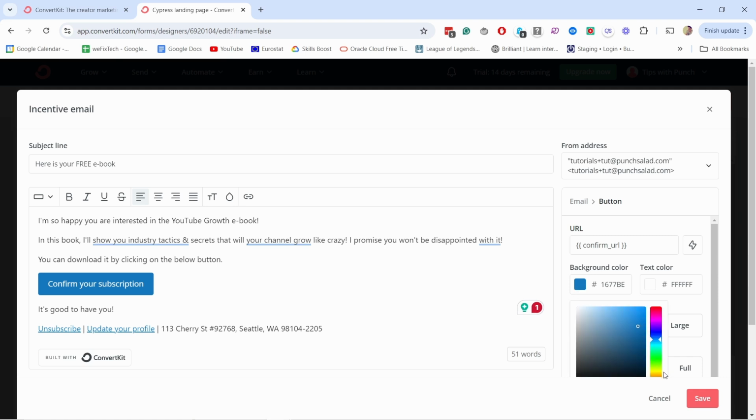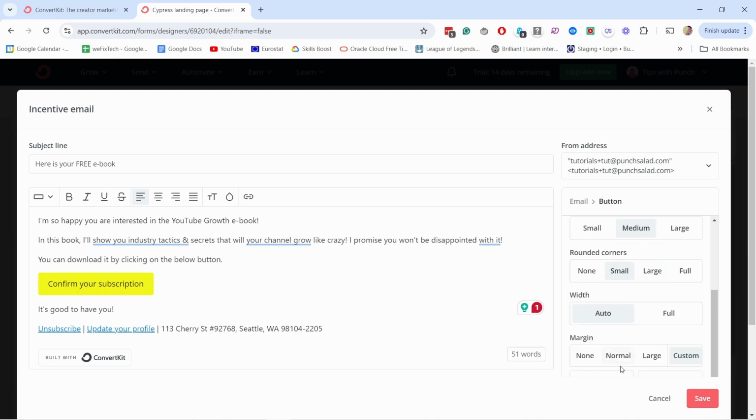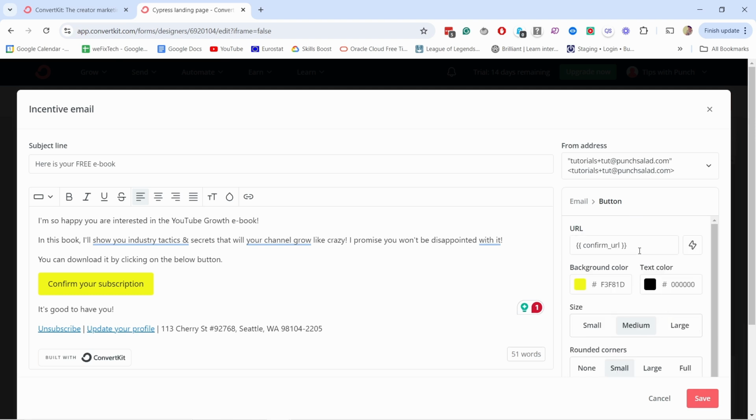And you can change the background color of the buttons here. So I could change it to more yellow, like I have the other button on my landing page, and you can adjust things here and so on. For now, I'm happy with this. And if people click on this, I don't want this text. I want to just say download